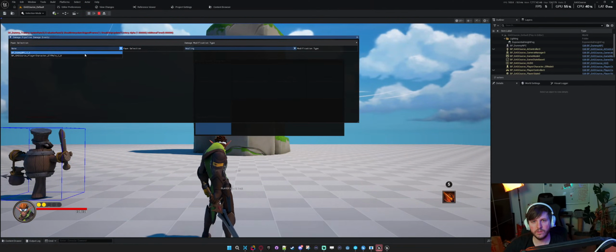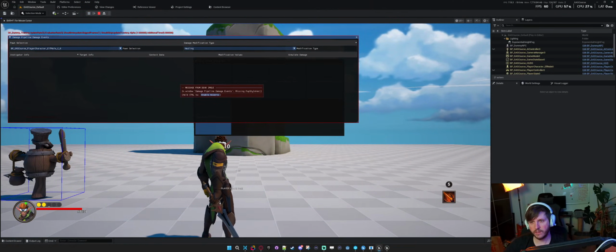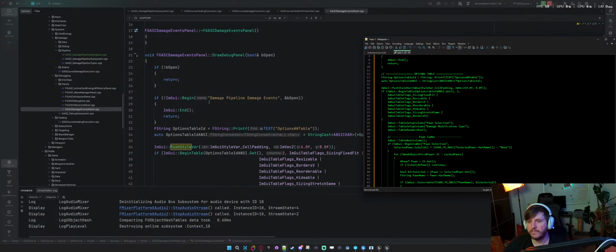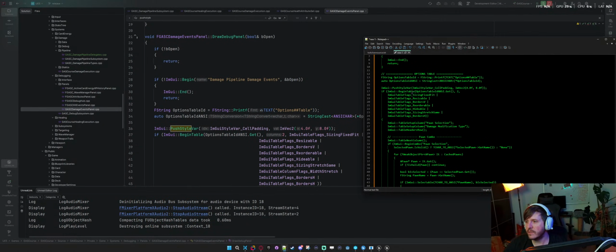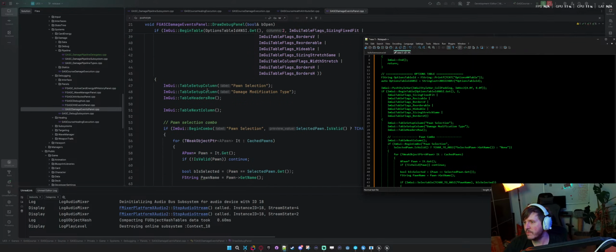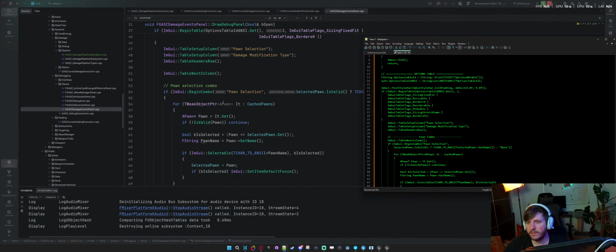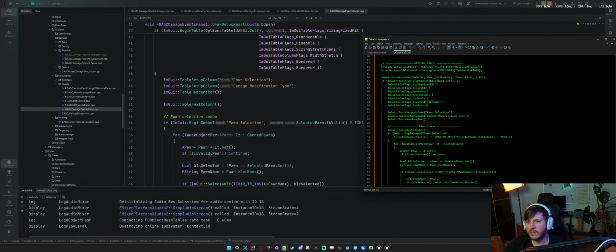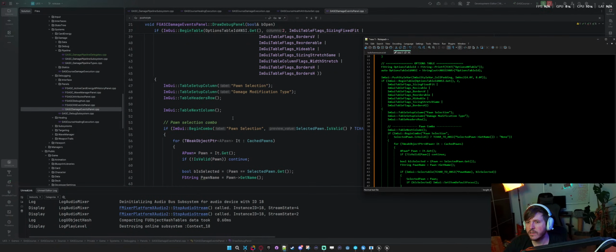Just be sure. Should break. Yeah. So, return open. And yeah. These lines, and then the whole table definition, and the table setup. Table next column. The combo. Yeah, they have. Okay, so I'm missing